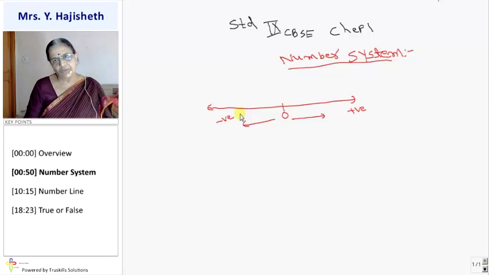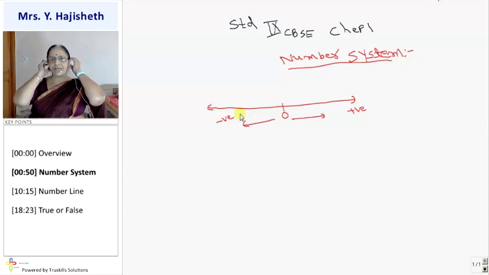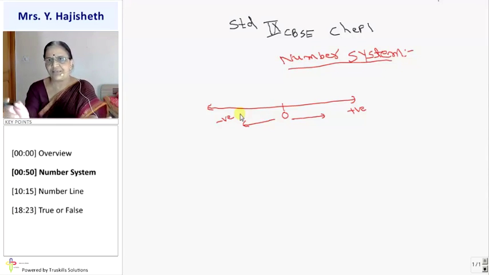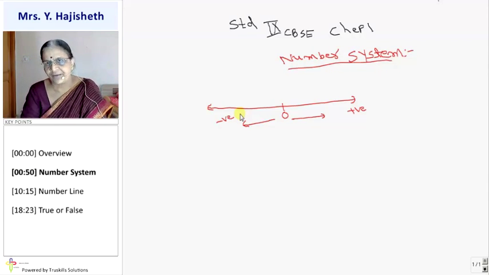Clear? You have learned different types of number like natural number, whole number, integers, rational number. Now you are going to learn one special type of number. They are called irrational number. Rational and irrational together form a number system, that is the set of real numbers, collection of all real numbers. Real numbers contain rational as well as irrational.